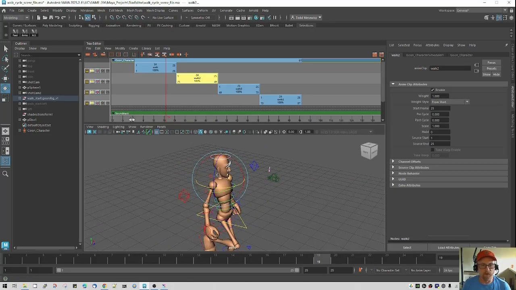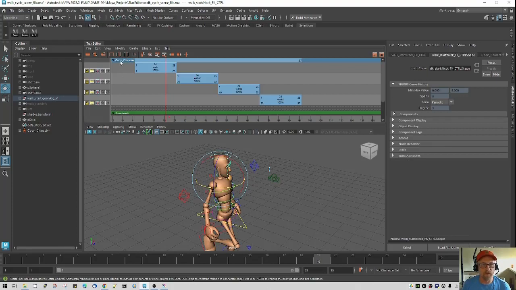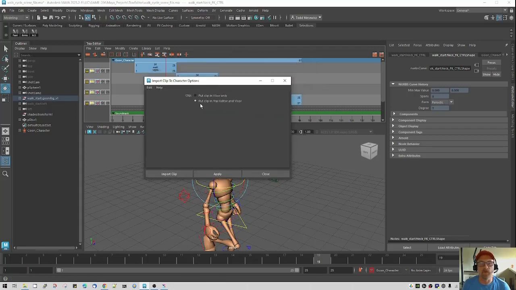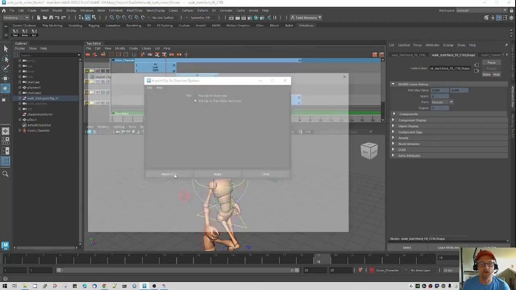So in order to do that, what we're going to do is select this Trax editor and make sure the Goon character is selected in the timeline, and go to File, Import Animation Clip to a Character, and I'm going to go Options, and the options are to put the clip in the Trax editor and the visor. So we're going to import clip,